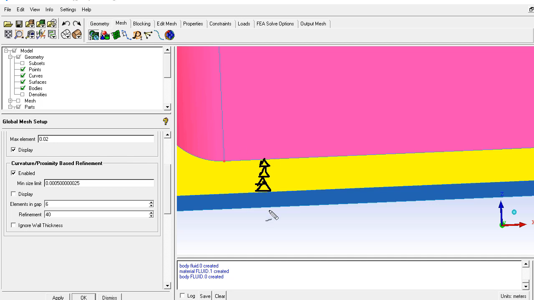When ICM CFD sees that the size we have specified in the volume only fits four elements on the surface, it will apply this option and reduce the size of the element. Let's say the size is greater than this size, so it will try to reduce the size and fit it in such a way that we can create 6 elements in the gap.